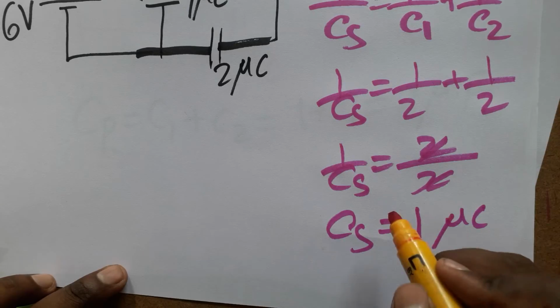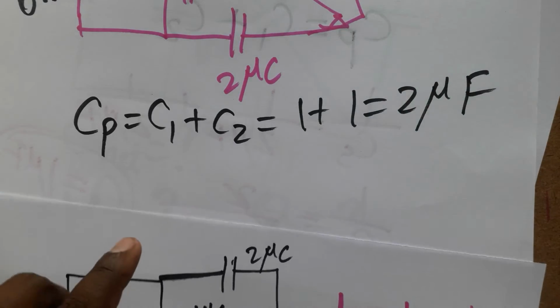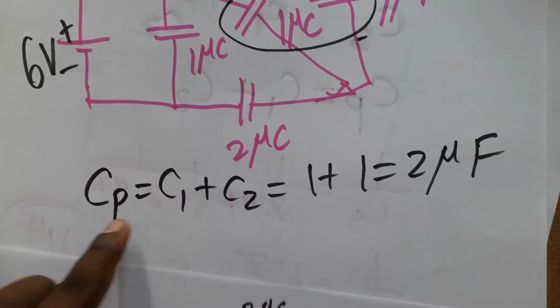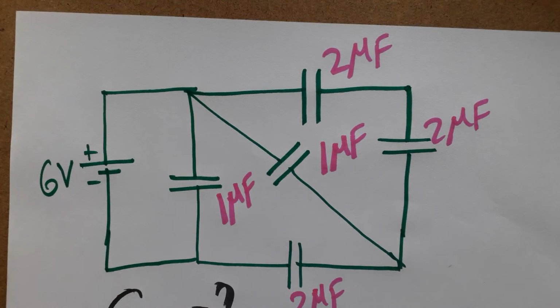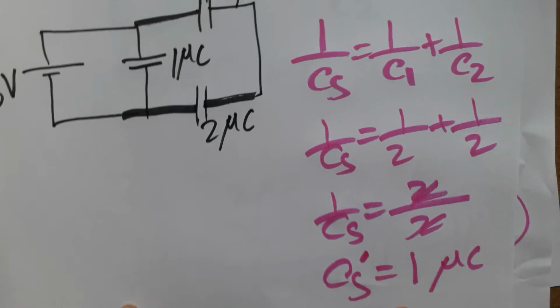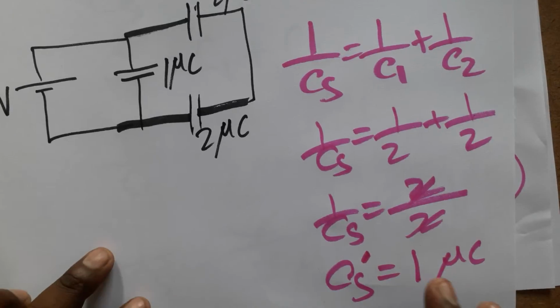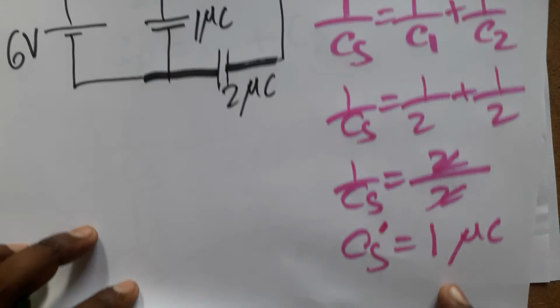If you want to show identification, you can show the C dash. Before where you had Cs, or Cp, sorry. One minute, I'll show you. Here we add the Cs. Okay, so here also we are again solving the series. If you want to show the difference, you can put a hyphen, so it is going to represent the second place. Okay, this two solution I got as 1 microfarad.